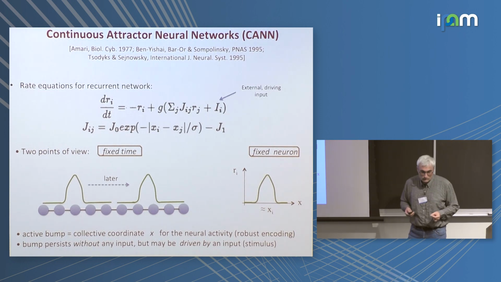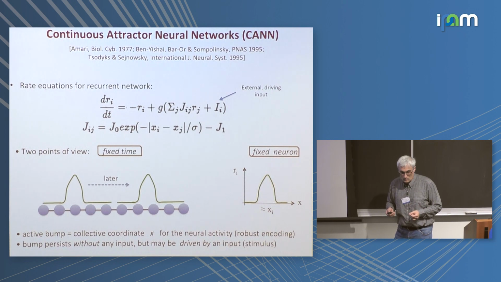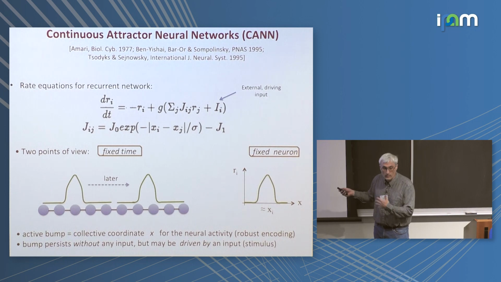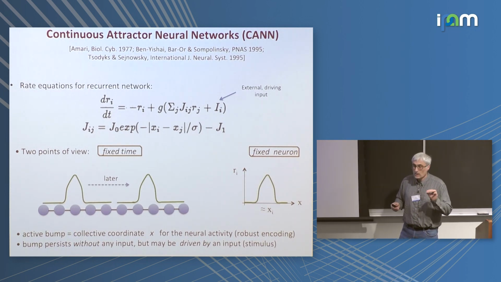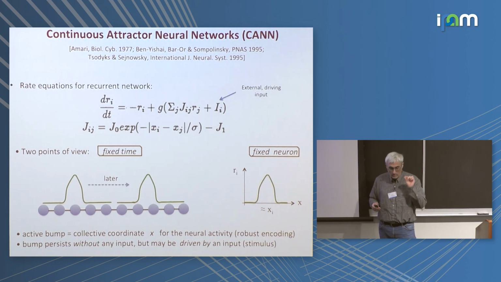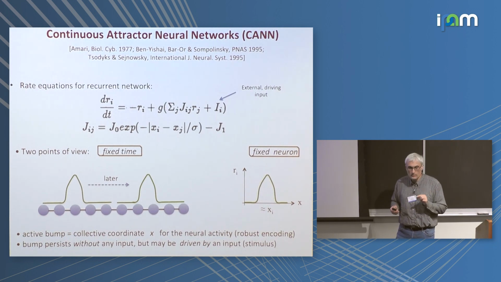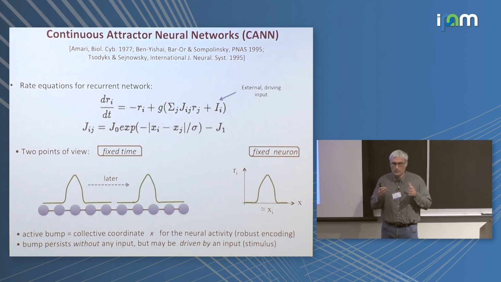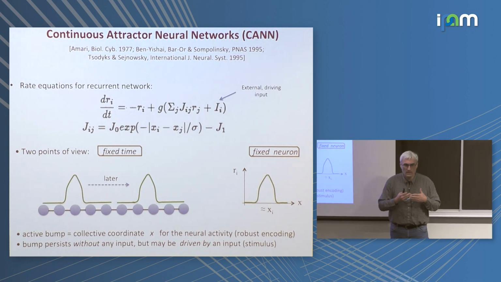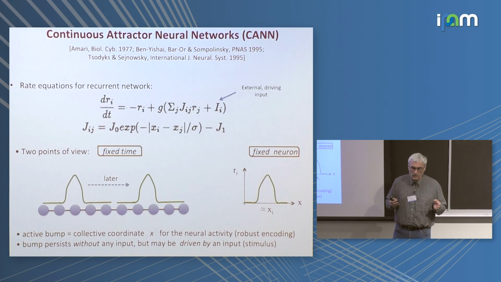Is there any biological justification for this form, in terms of synaptic potentiation and so on? You mean, do we have direct evidence from experiments that this is happening? No, there is no direct proof. Well, there is one direct proof in one particular case, not for the hippocampus, but for the ellipsoid body in the fly. There was a beautiful paper in Science four years ago by a group at Janelia where they could actually track it. So in that case, for the fly, the collective coordinate which is encoded in the network